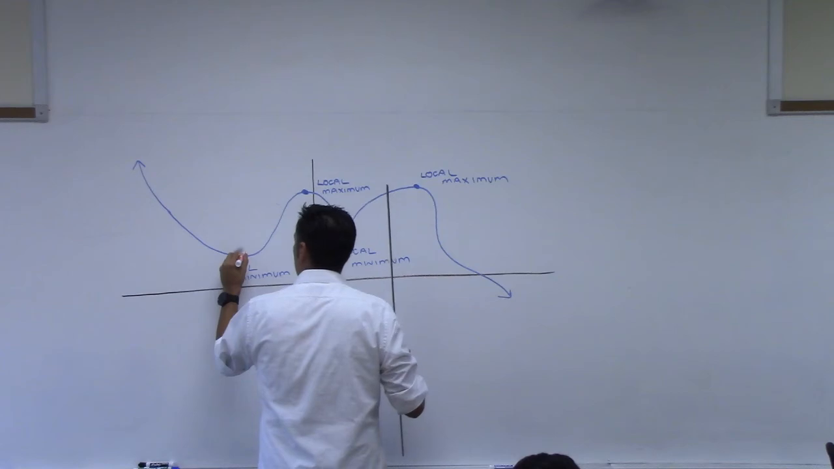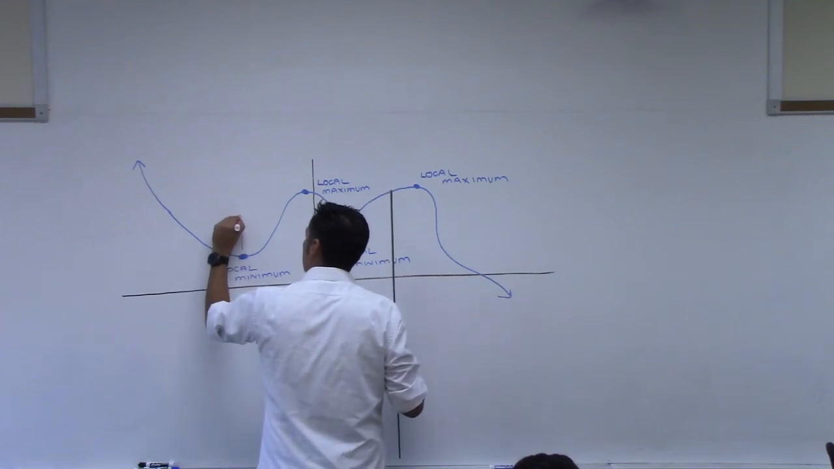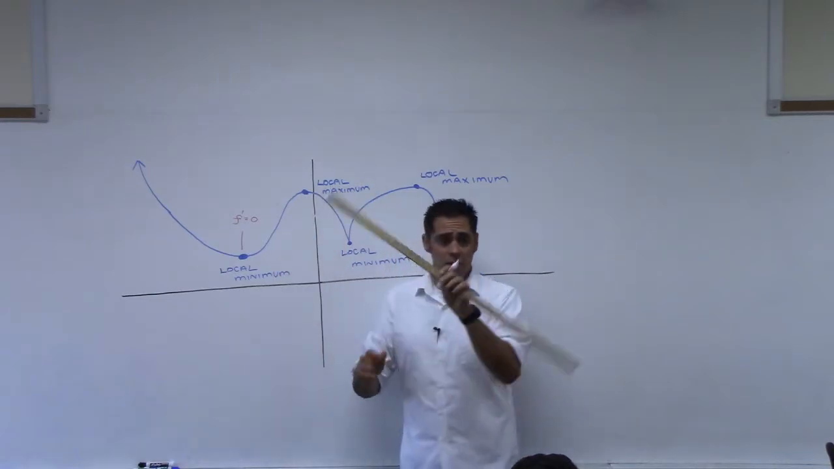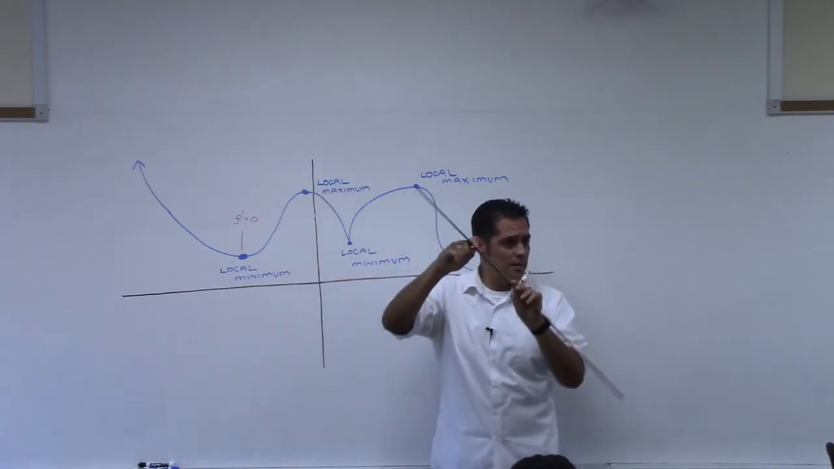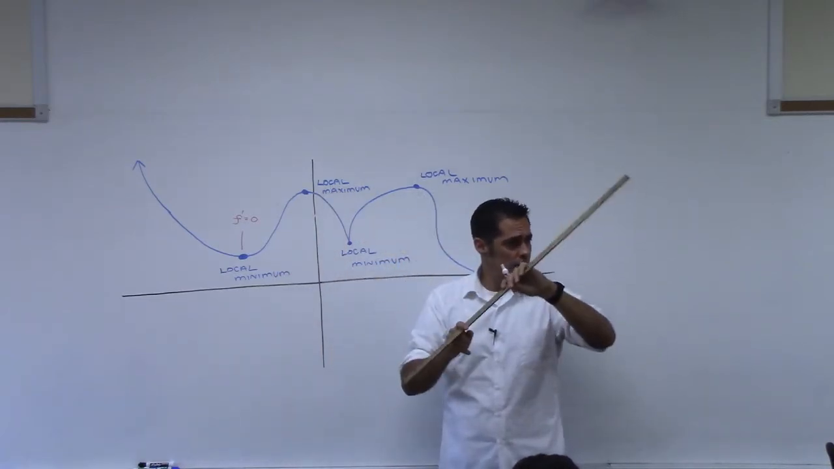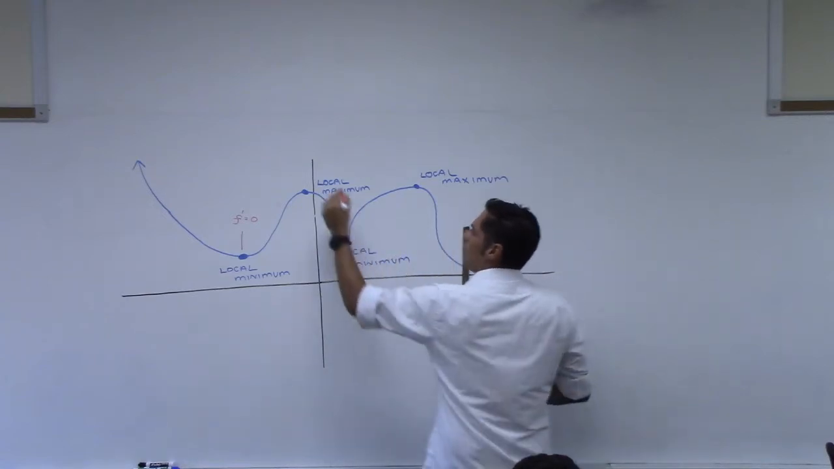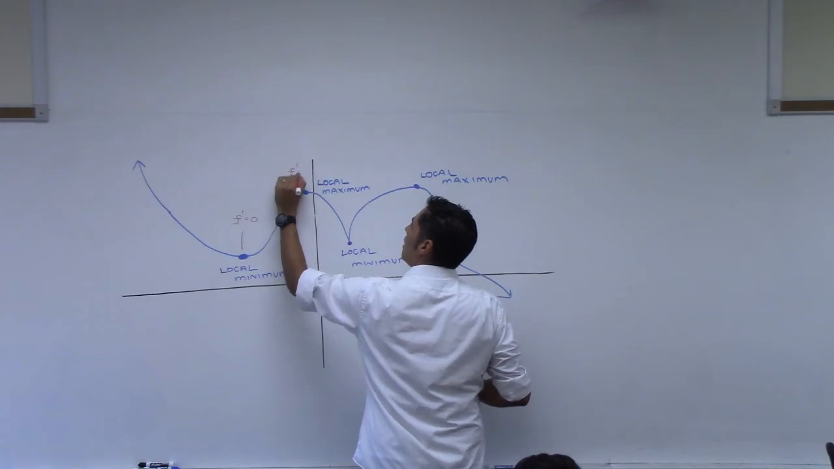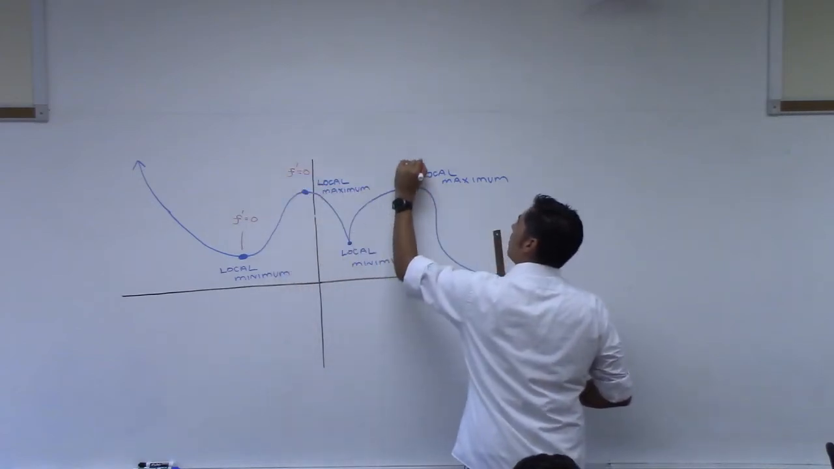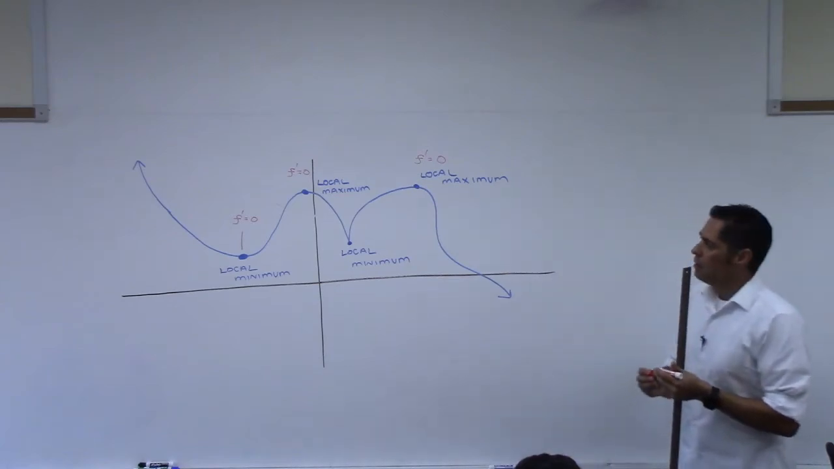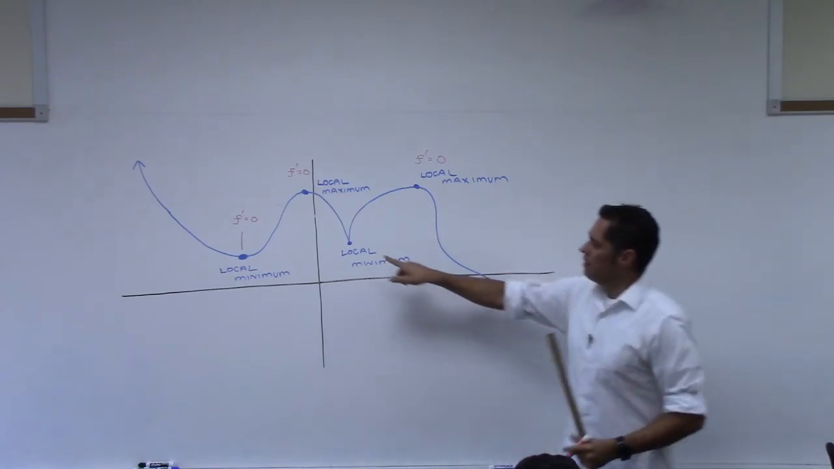I want you to understand that right here, the derivative is 0. Doesn't the derivative represent the slope of the tangent line? Yes. That's what the derivative was? You all right? Good. Okay. Right here, the slope of the tangent line is 0. Right here, the slope of the tangent line is 0. Follow me? All right. Now, right here,